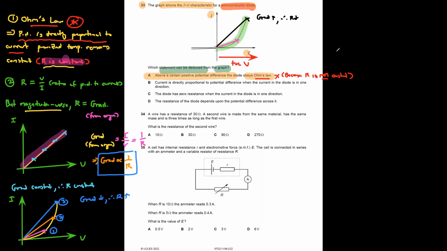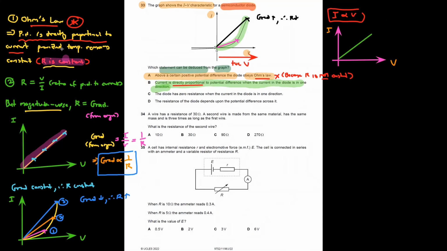All right. Then if you look at answer choice B, the current is directly proportional to potential difference when the current in the diode is in one direction. So take note of the wording that they use here. They say current is directly proportional to potential difference. Okay. So when they say current is directly proportional to potential difference, it means something like this. If I is directly proportional to potential difference, if you were to plot an IV graph, because we say that current is directly proportional to potential difference, it should actually give you a straight line graph